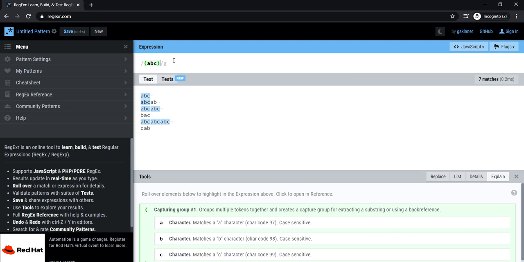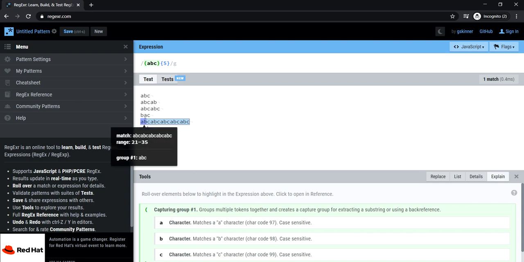Now I want ABC 5 times, so I can easily write this with the help of quantifiers, curly braces 5. When it comes to matching, it is not matching any one of them because we don't have ABC 5 times. Now it matched because here we have the group of ABC 5 times.